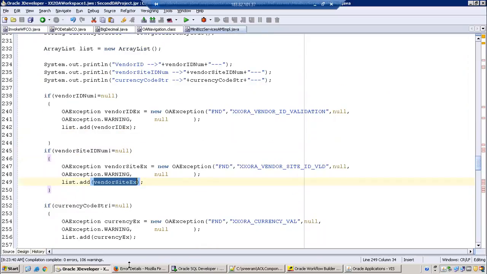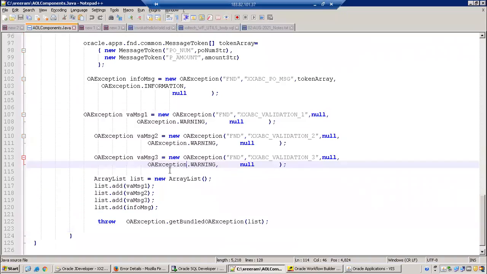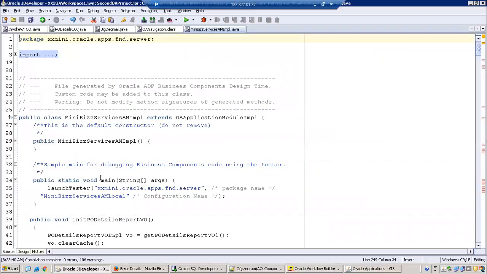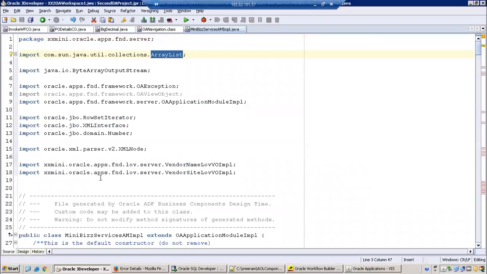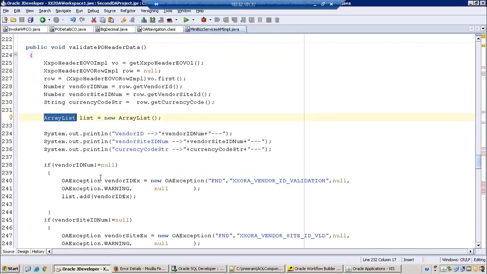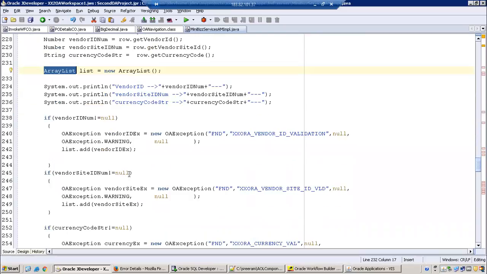Okay, let me check whether this list, like the issue is there, sometimes this array list should be of appropriate type. Just check that. This is from the sun.java.util.collection, right? Check whether it is the same or not. Yeah, it is the same, so that is not an issue. New array list. Okay.